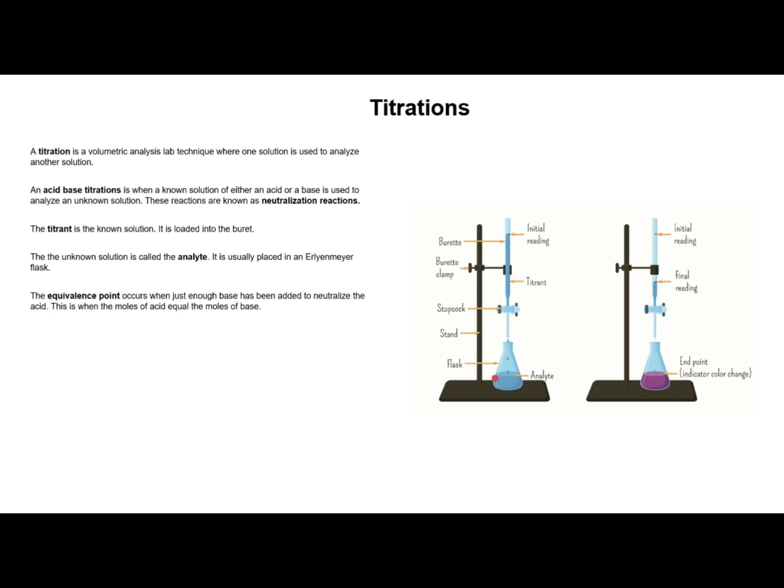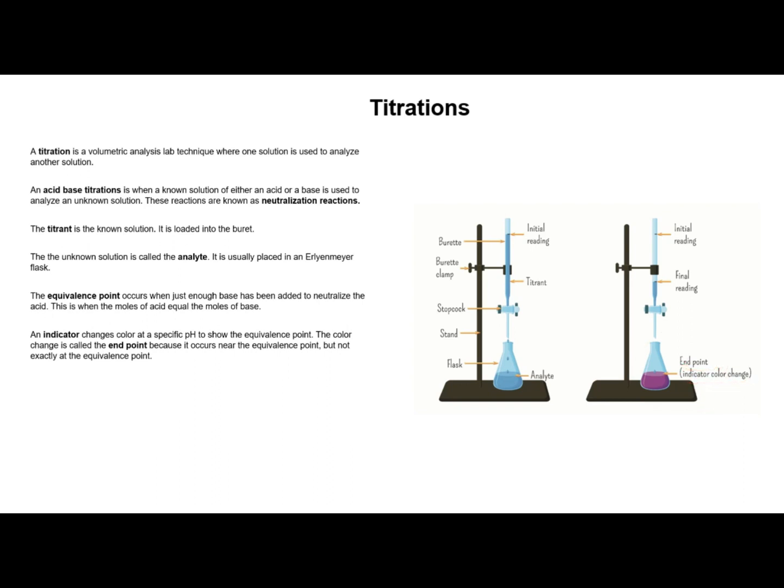Now, when you are doing a titration, you are watching the analyte, and what you want is something very obvious to show that you've reached the equivalence point. So we usually use an indicator. Indicators change colors at a specific pH. So you choose an indicator that will change color very close to your equivalence point. You can see in my picture to the right, it specifies that the endpoint has been reached because the indicator